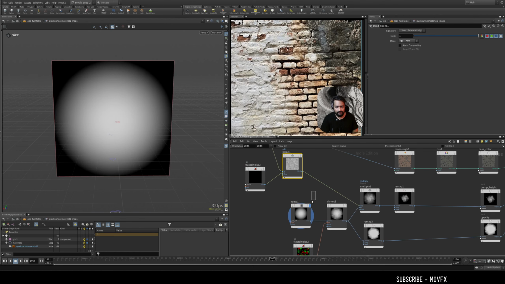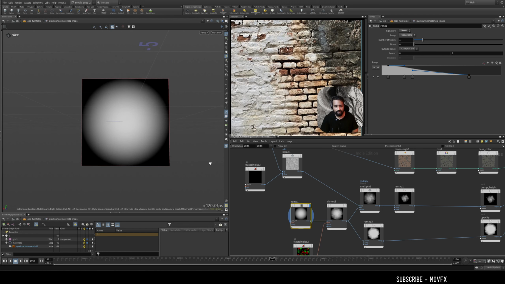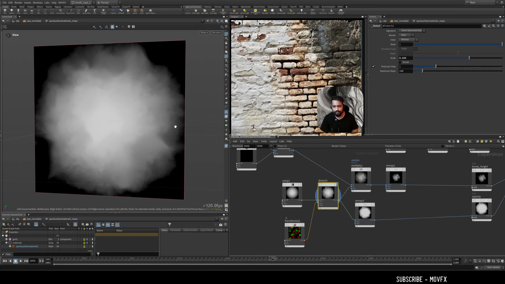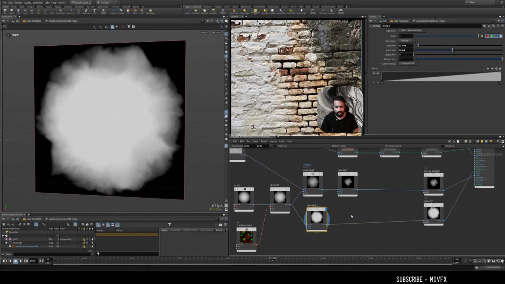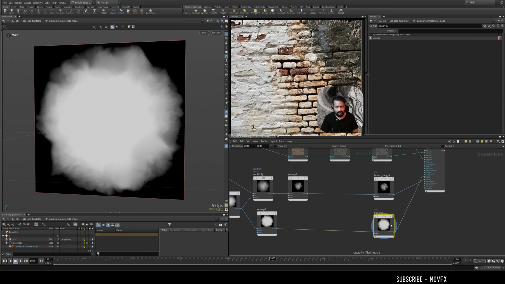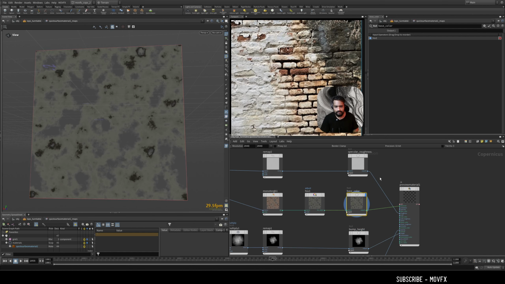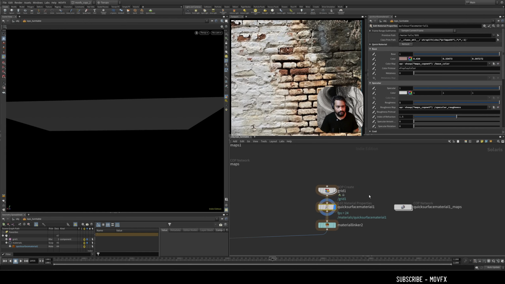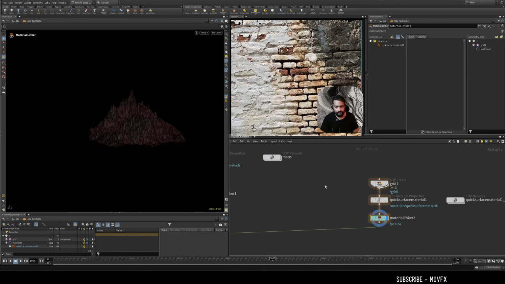And here I use the ramp to create a concentric circle with some falloff, and added distort to this so that it gets more uneven, and then multiplying it with more noise. And yeah, this goes into the opacity of the material, this goes into the height of the material, and then this is the base color and roughness. So that's how I created this particular material. That gives you this kind of look,